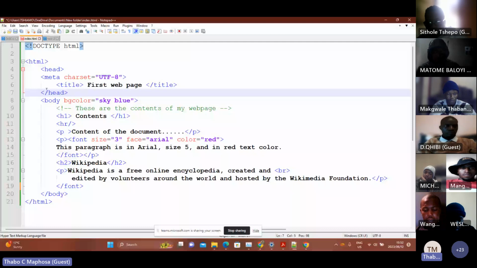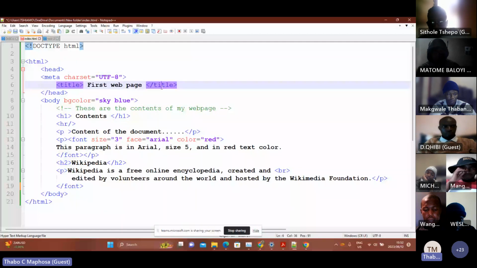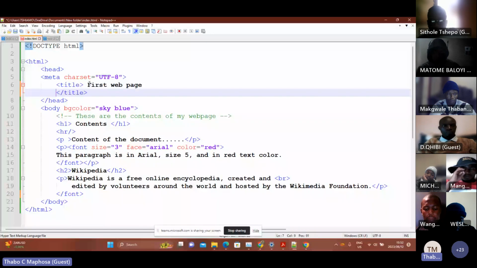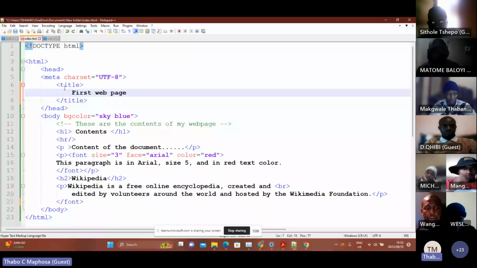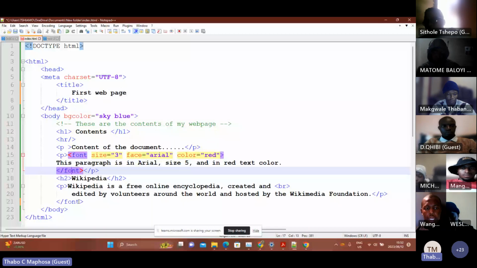See that? Because I know that my head has to be like that, then my title has to be somewhere there. Even if I had to work with a title, if I decided to do something like this, I could have done that. So I know that in my HTML, my head, the title is somewhere in between there, and then the body starts and the body ends there, and then the font is somewhere here. You see the paragraphs there. So it makes it easy for my code to be structured.